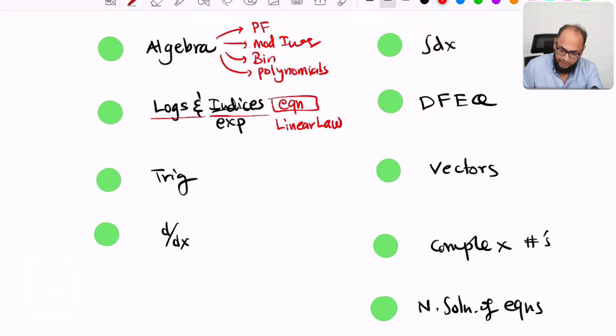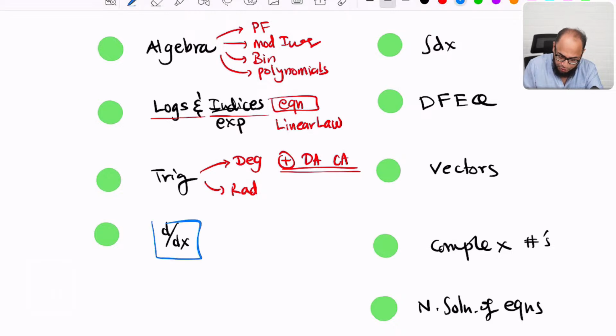So now in trigonometry, we should know that it could be about degrees, it could be about radians, it could be about addition formula, it could be about double angle, compound angle formula. So everything should be there. Differentiation, the basic differentiation, that is the basics of P1. Then there is product and quotient rule. And then there is exponential, then there is ln, then there is sine and cos and tangent,